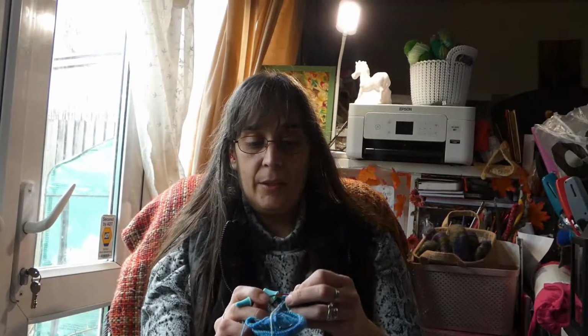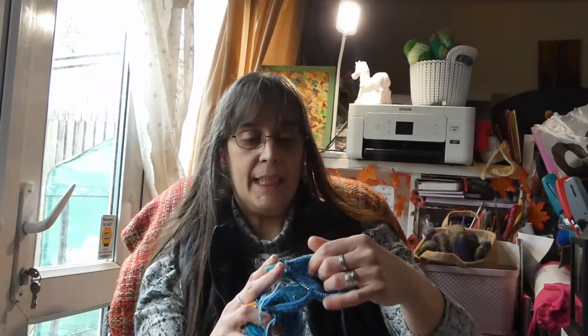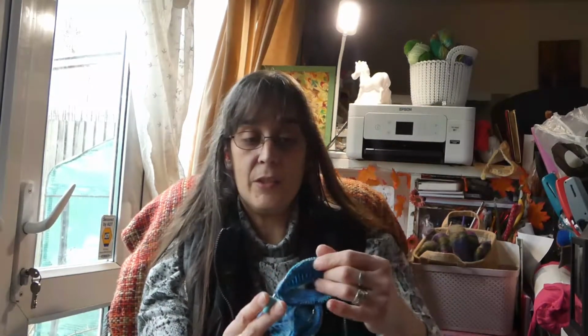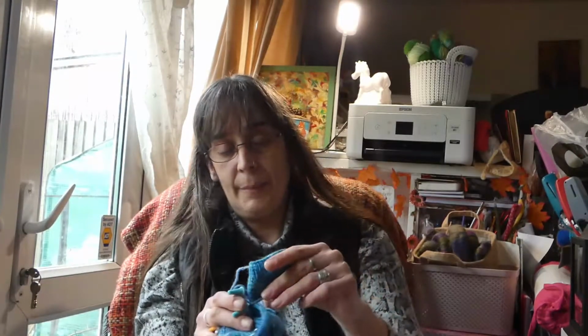Really nice. I'm knitting them on the Chirgoos 9-inch circular needles. It's the red lace ones. I find these the easiest to knit socks on. This is what this can be, socks. It's just a plain vanilla pattern,